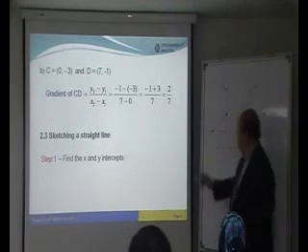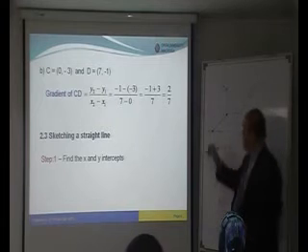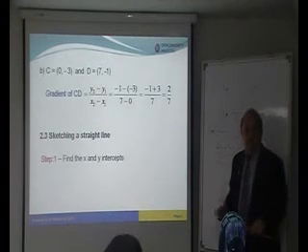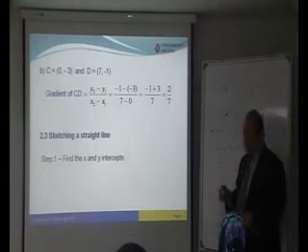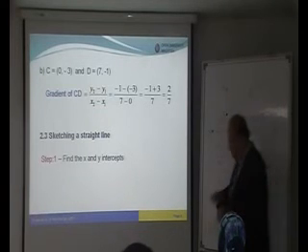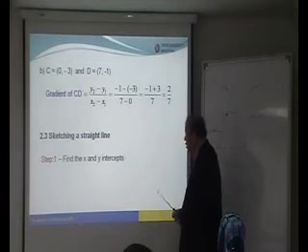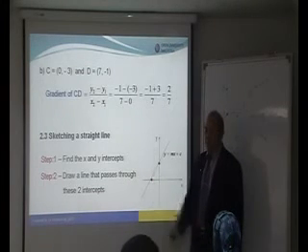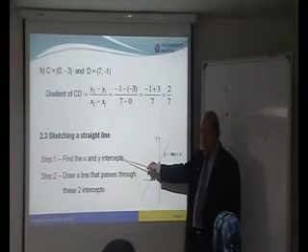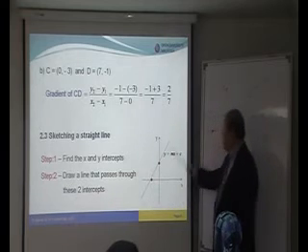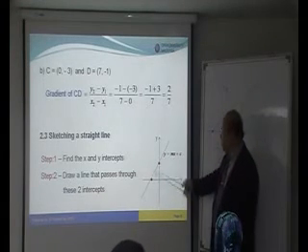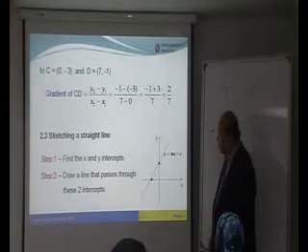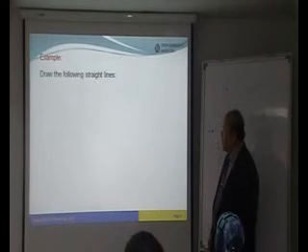So you need to find these 2 points. Once you have found these 2 points, you just take a ruler and join them because it is a straight line. Understand? You need to have 2 points there. Alright? So I suggest here you find the x and y intercepts. Then step number 2, once you have found the 2 points, as I said, you just draw one line passing through the 2 points. Understand? So just 2 steps in here. Okay, let's look at an example.